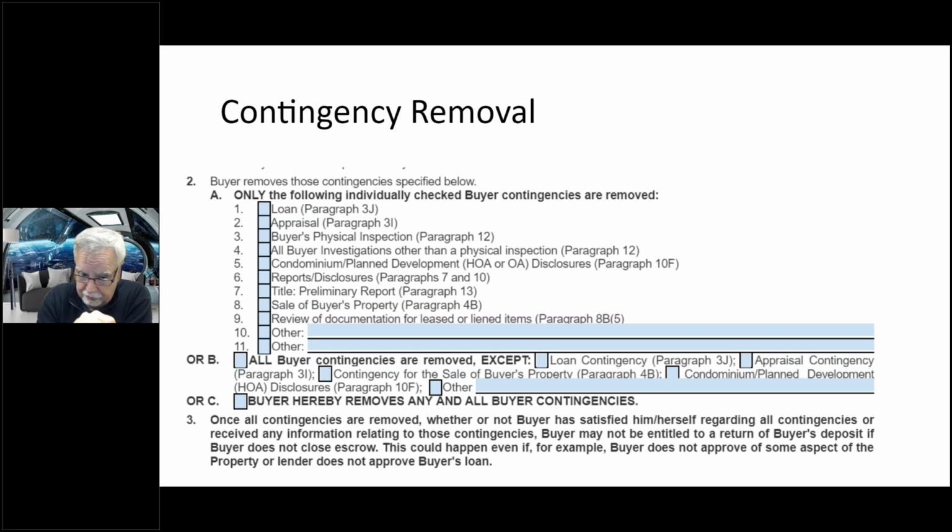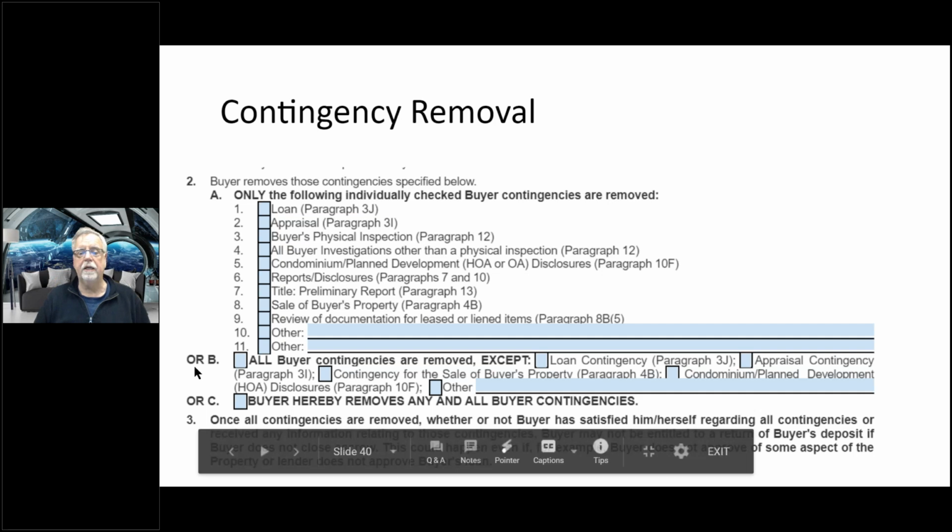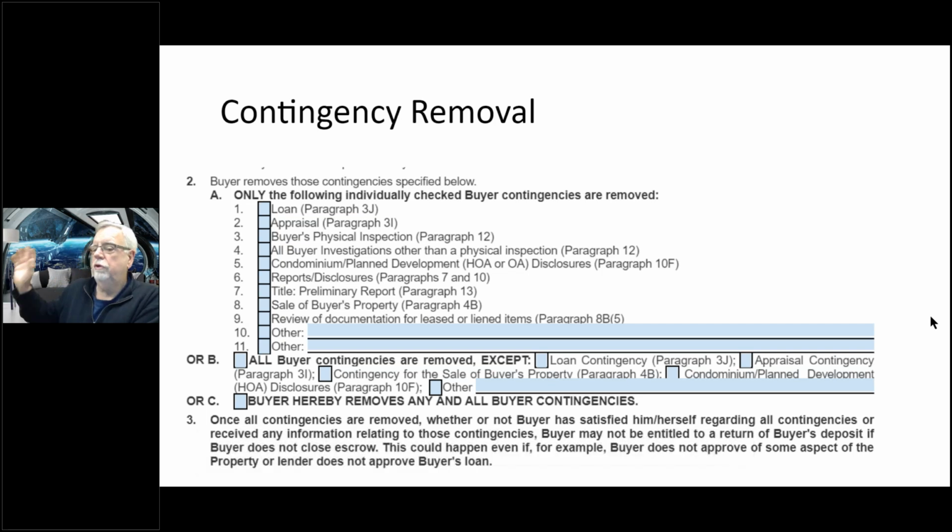Now, it could be more than one, but you're removing them individually. If you're only hanging on to, let's say, appraisal or loan, you would use paragraph B. Paragraph B says all the contingencies are to be removed except. So you're accepting the inspections and the reports and that sort of thing, but you don't want to remove the